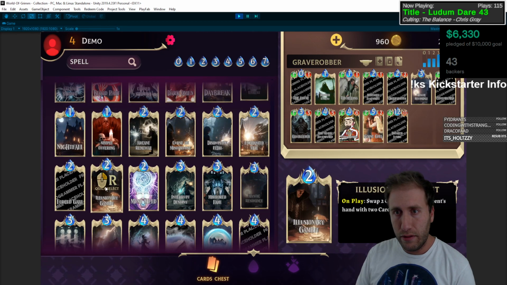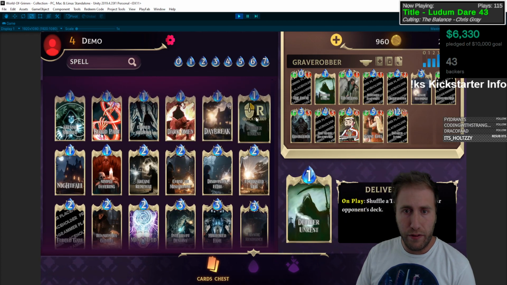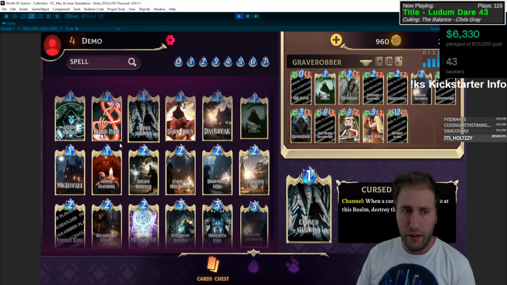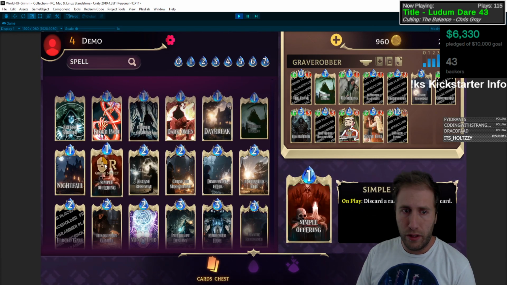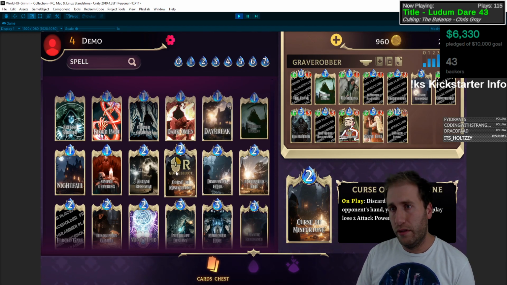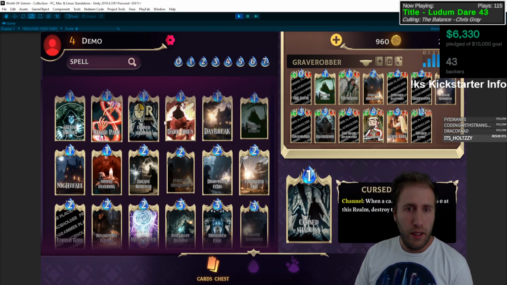Forced Gale. We want more 1-mana stuff, right? We do need some removal. Removal's never bad. Destroy a card instead. Mismatch Fortune is pretty strong, especially on an early turn too. That might actually be a 3-mana card. It feels really strong. Might be super broken. And then I think we take...